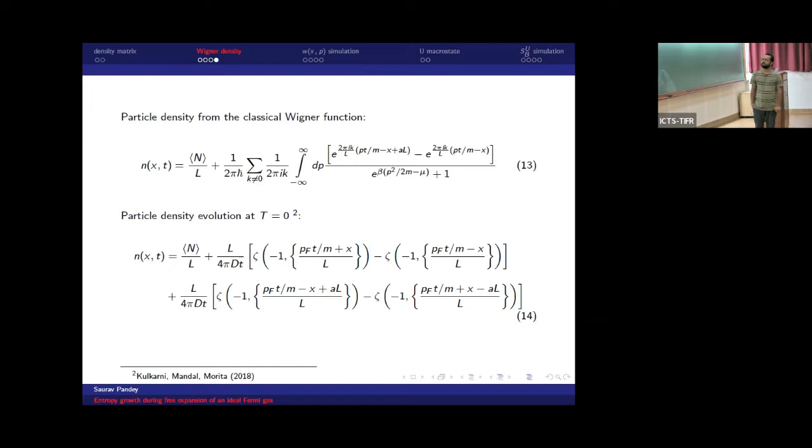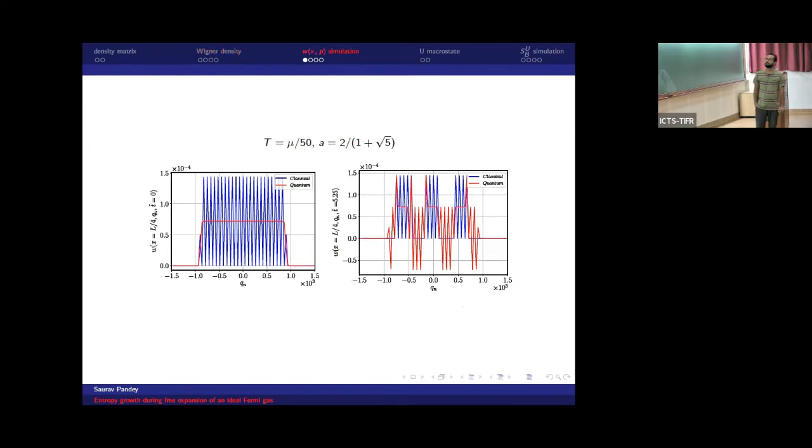By the way, this zeta is what's called a Hurwitz zeta function, a generalization of the Riemann zeta function. But the only important thing to remember is that whatever is within the square brackets is just some bounded oscillatory function of time. So we just have this 1 over t power law. That's how the density profile relaxes to the steady state value, and it will have some oscillations as well because of these terms. Of course, this has been calculated from the classical Wigner function that we just defined by hand, so I'll just show some numerics.